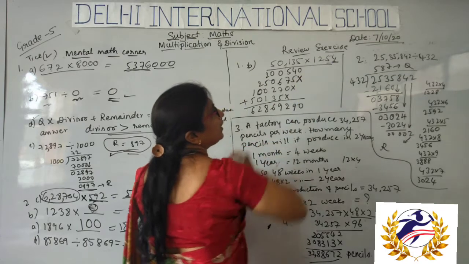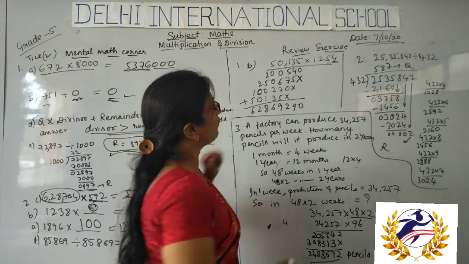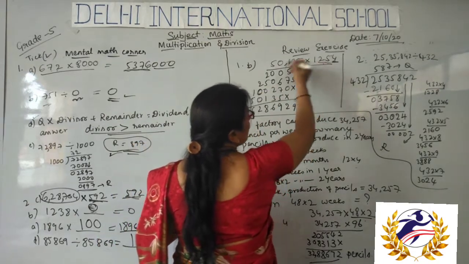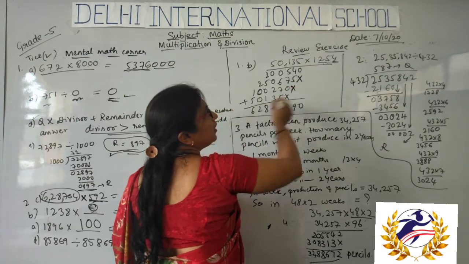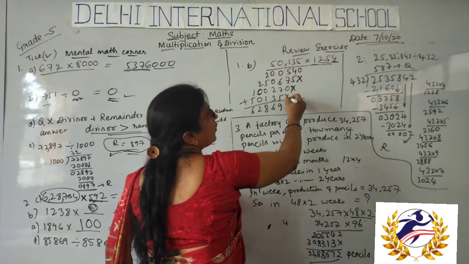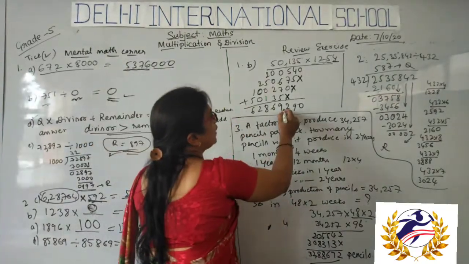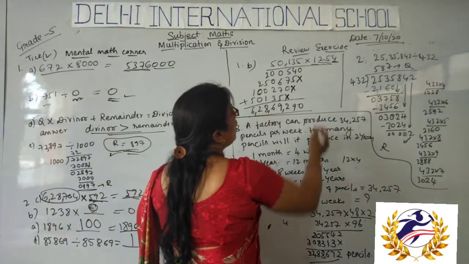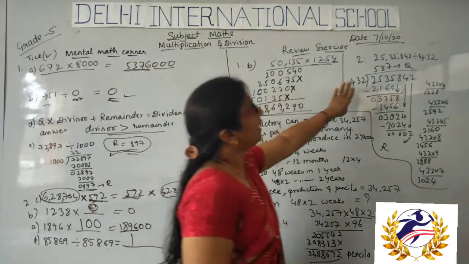So before writing the answer you should leave the first space. Then multiply with the 2, and leaving one more gap you write here, and by multiplying with the 1 you leave one more space. Like this, when you add all this you will get this answer. You check it out in your rough notebook. Okay, so then next problem,